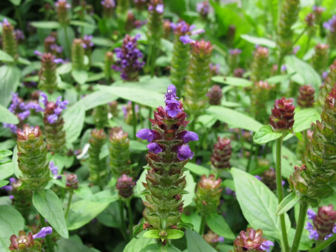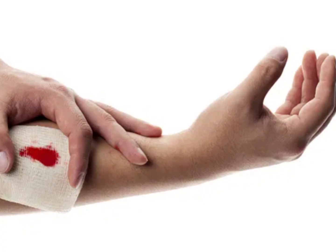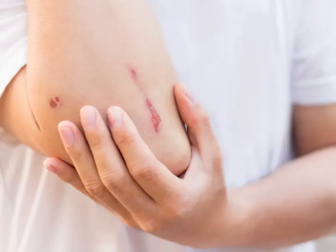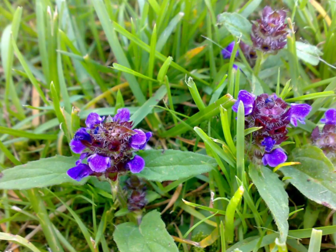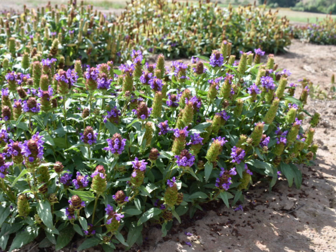As the name suggests, self-heal can be used for everything from stopping bleeding and healing wounds to treating heart disease and sore throats. Self-heal is an anti-inflammatory, has antibiotic properties, is an antioxidant, antibacterial, fights tumors, lowers blood pressure, treats herpes, heals wounds,